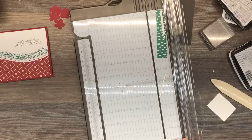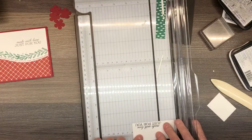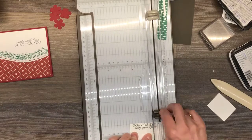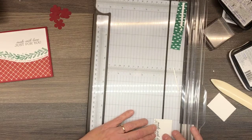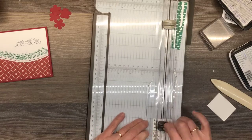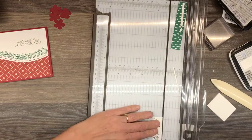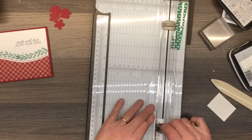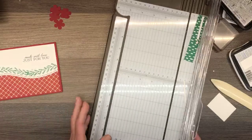All right. Let's see what I'm going to do here. 2 and a half by, I'm thinking 3/4. See how that works. Okay. 2 and a half by 3/4, maybe just a titch less. All right, so this is going to be able to go over the top, but now I'm going to have to mat that